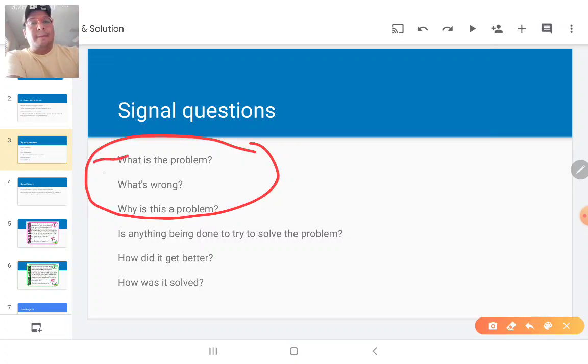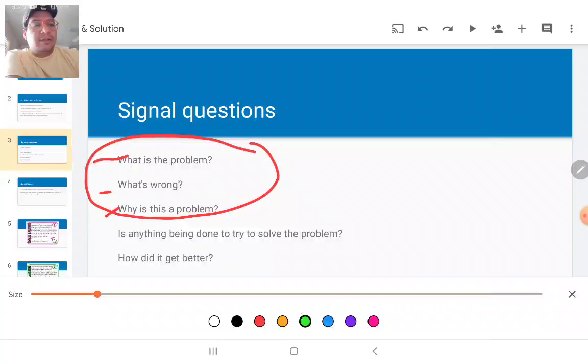Next would be, why is this a problem? Makes you think, right? Why would that be a problem? Or what's going on in the story that could cause this or make this a problem? Okay, the next three, let me color it in a different color, would be,